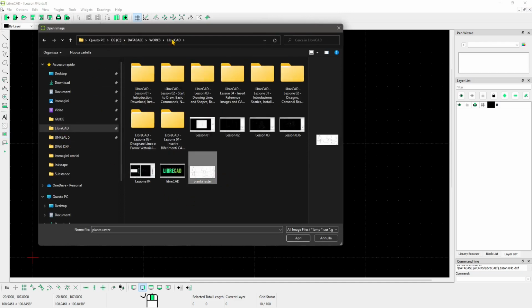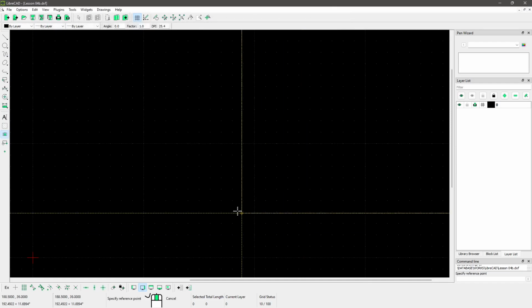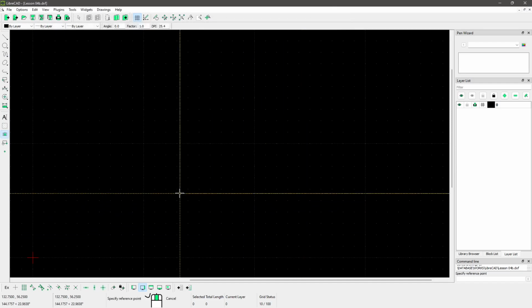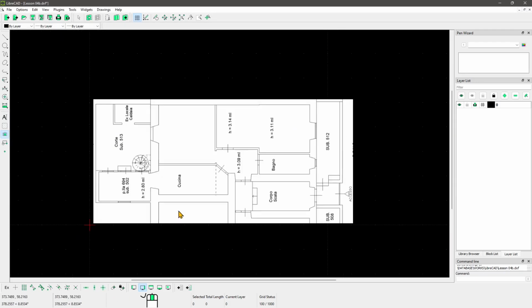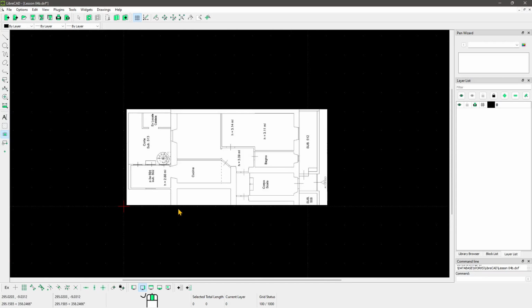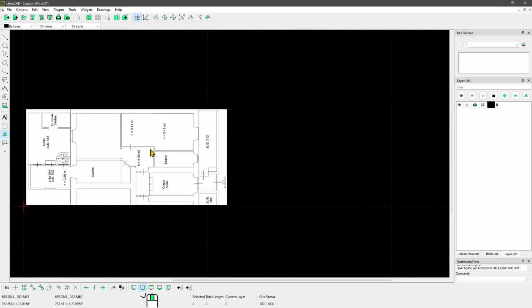In this case, it's the LibreCAD folder for me. And I'm going to open it up. Now again, it's telling me to specify a reference point. So I can click there, and there you go, I have the image. Now when you insert something, let me just right click to repeat the same exact command, so insert